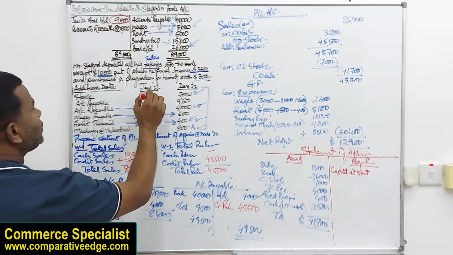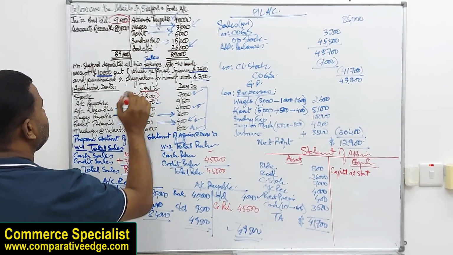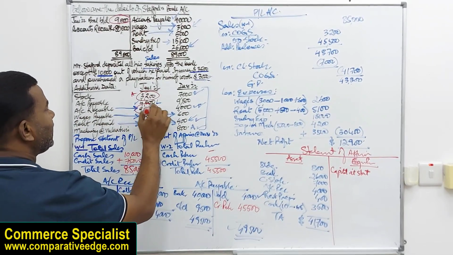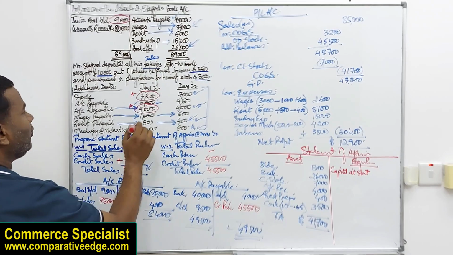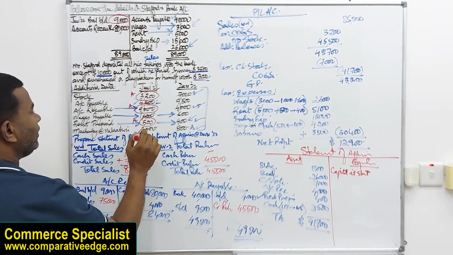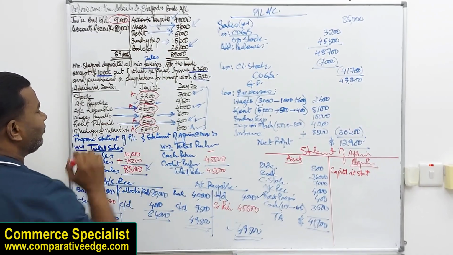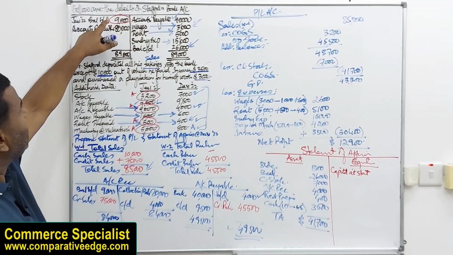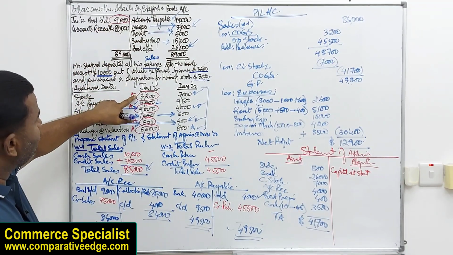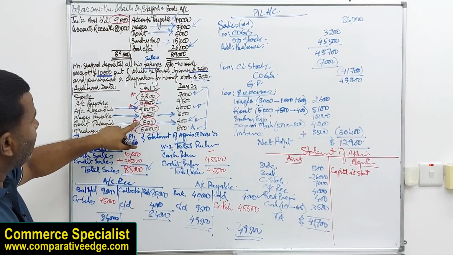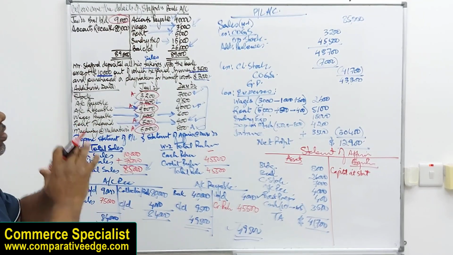We have opening stock, which is an asset. We have opening receivable, which is an asset. We have opening rent prepaid, which is an asset. We have opening building, which is an asset. So if I add all this, 9,000 plus 3,200 plus 9,000 plus 500 plus 5,000, I'll get total assets at